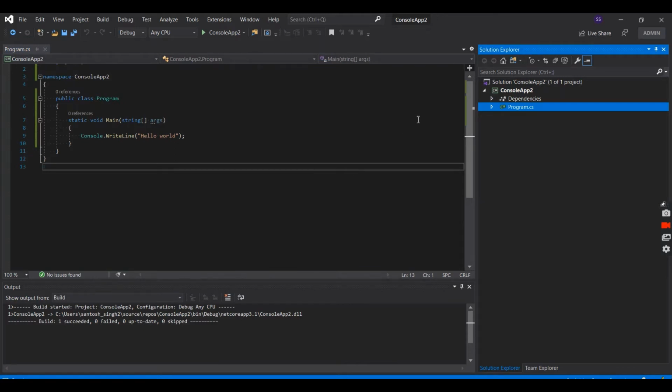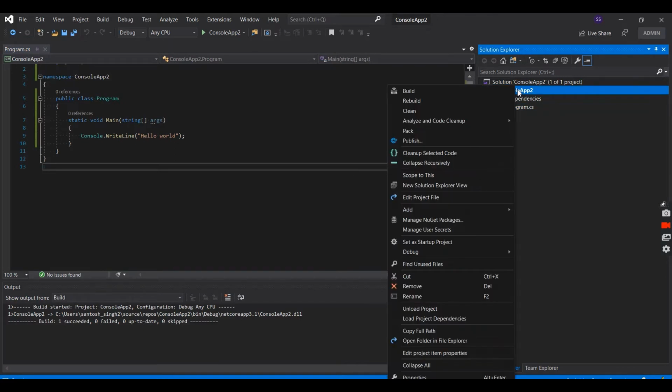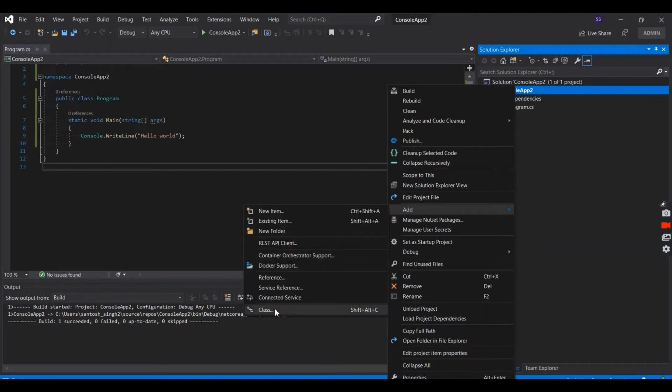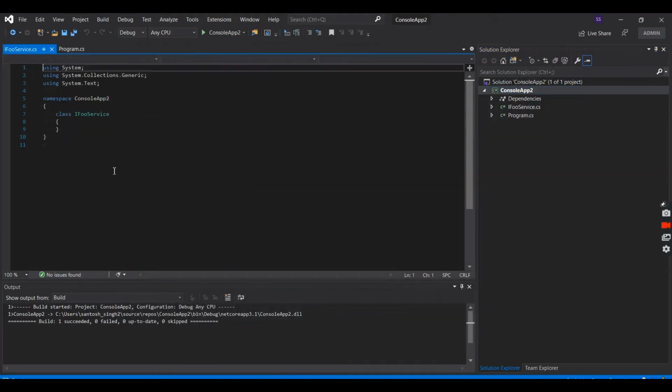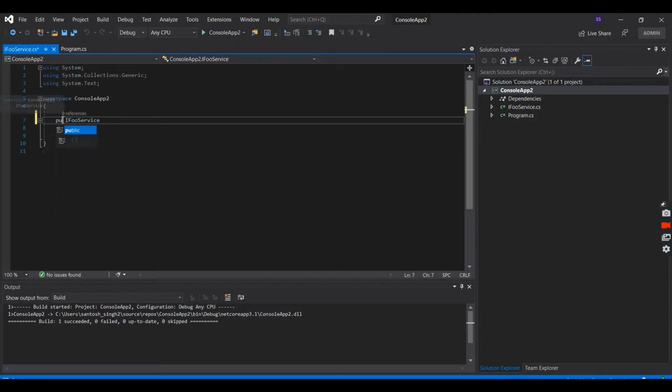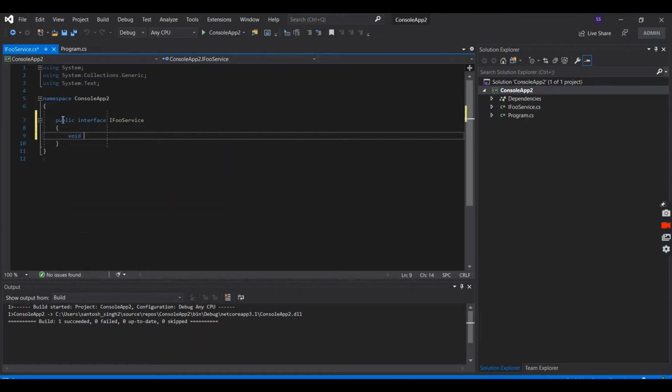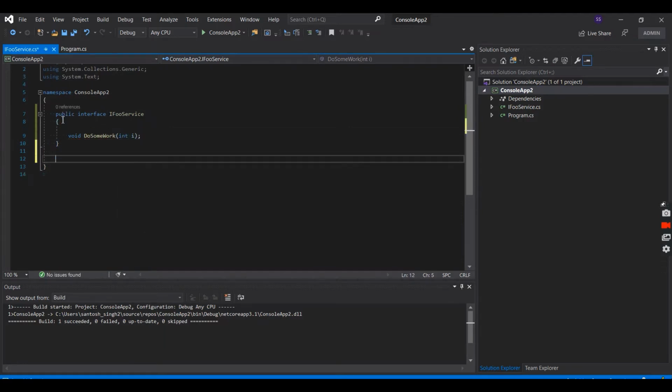So before implementing dependency injection, let's write some code to show the dependency. First create one interface, IFooService, and change the class to interface. One method, DoSomeWork, and pass it as argument.